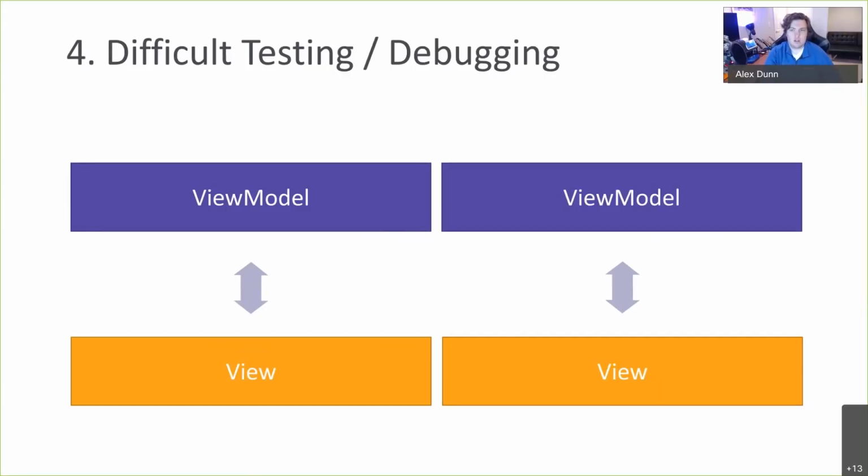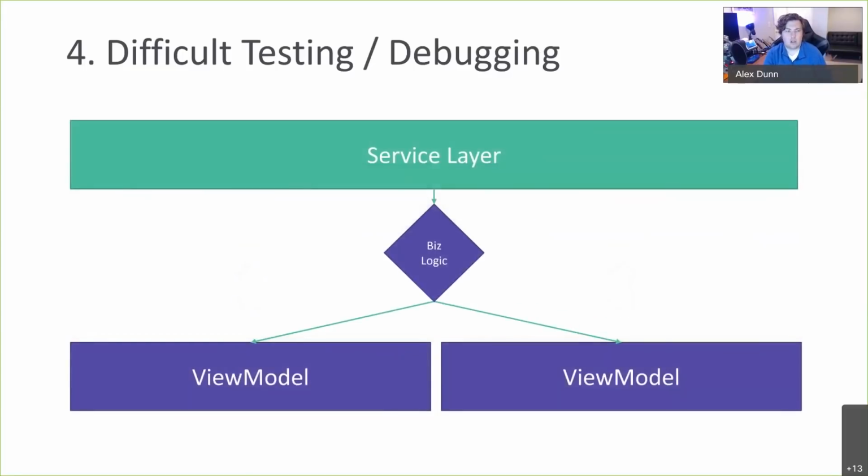And then lastly, there's difficulty in testing and debugging that service layer relationship to the view model. Now, if you're doing dependency injection properly, that doesn't necessarily mean it's really difficult. You do have the ability to unit test very easily. You can mock your service layer and test certain scenarios. But when it comes to that real world implementation, where there's this mystery of what's happening behind the scenes between these two view models communicating,